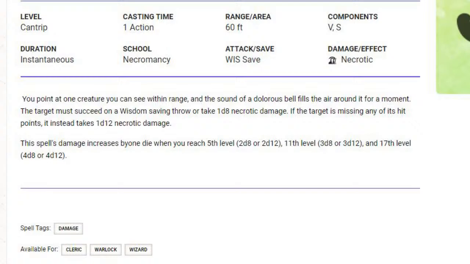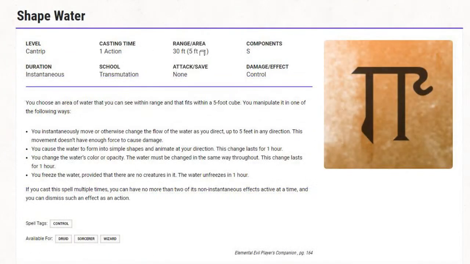Anyway, the last one makes me laugh more than a few times, and that has definitely got to be Shape Water. Because being able to control water has too many ways you can abuse it in your game of Dungeons and Dragons. I would say Shape Water I would certainly consider on par with Minor Illusion and Prestidigitation. Those are great spells. Shape Water, usually you have water almost anywhere.